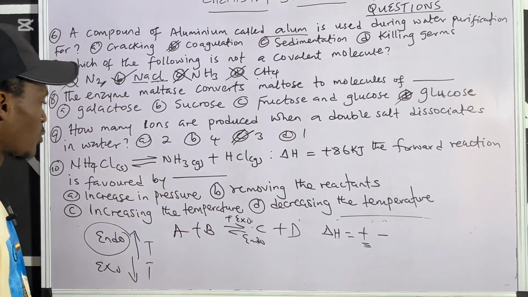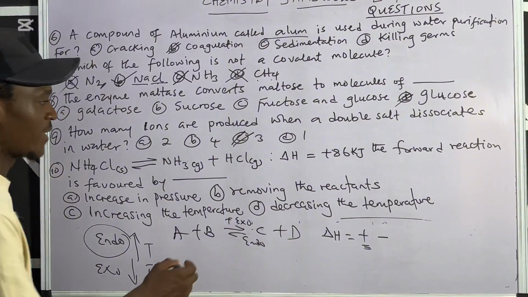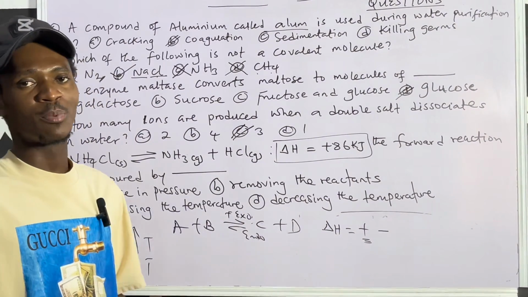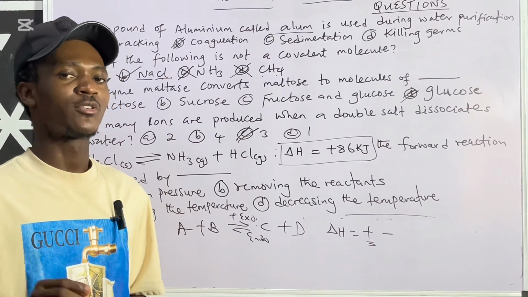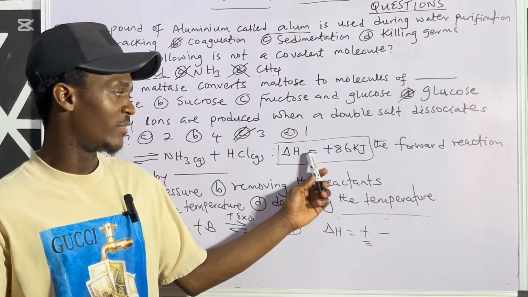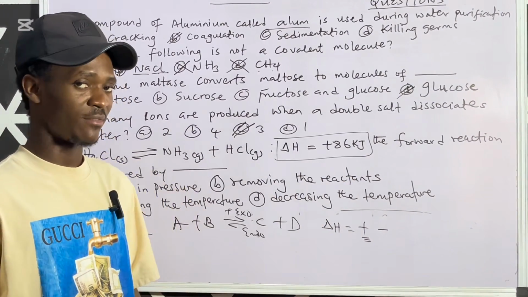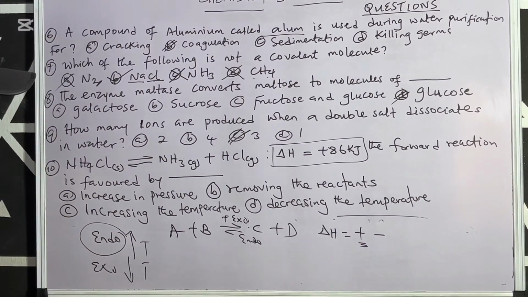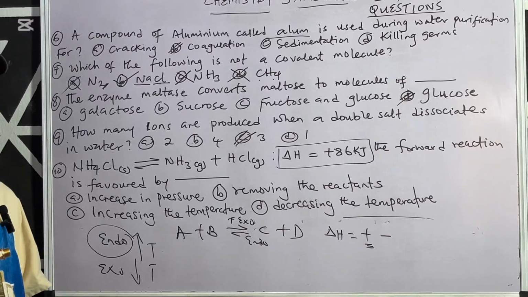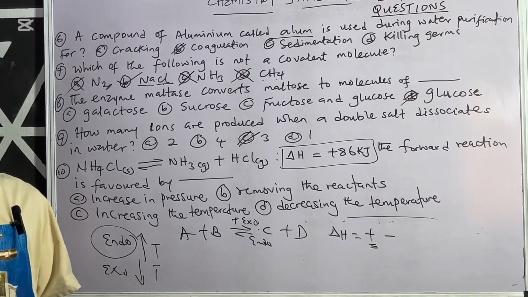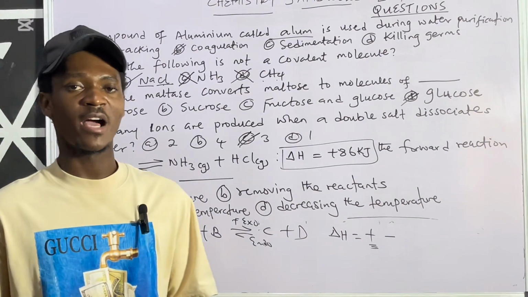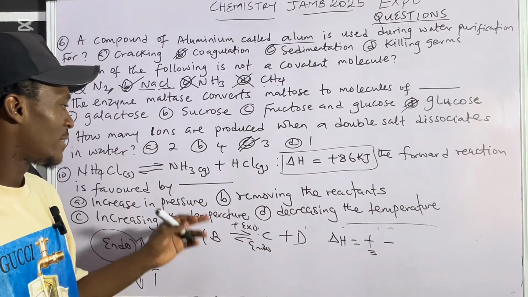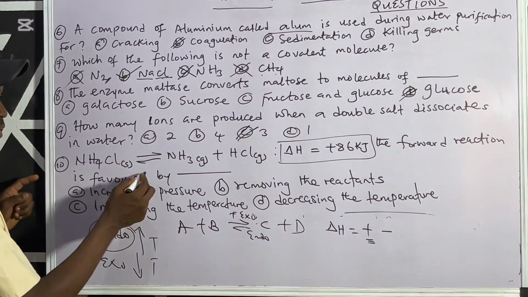All right. So looking at this question, we are given a delta H value. So it means that there is a consideration that should be placed under temperature. Yes. Why? Because you are given a delta H value to be positive. That's still a clue. But then the other options would not, if you confirm. Increase in pressure would not, because an increase in pressure favors the part of the reaction with the smaller gaseous volume.